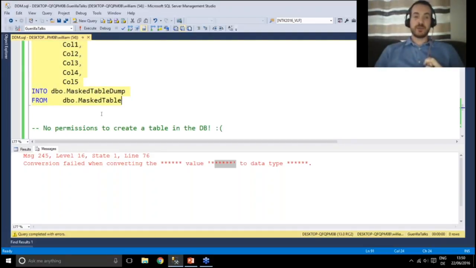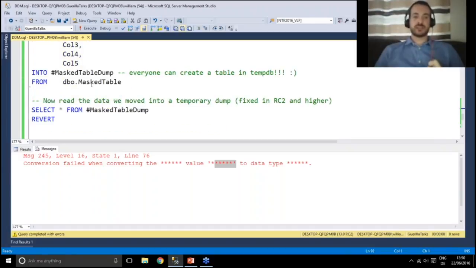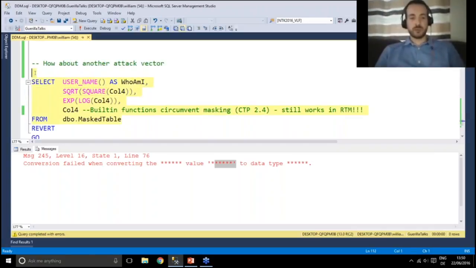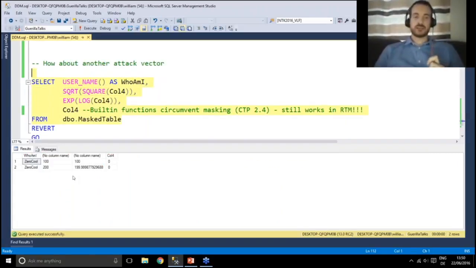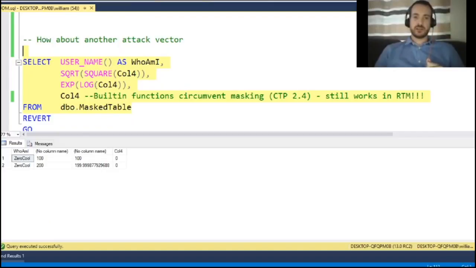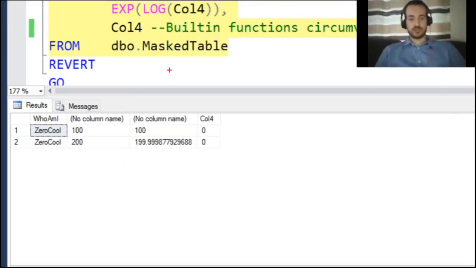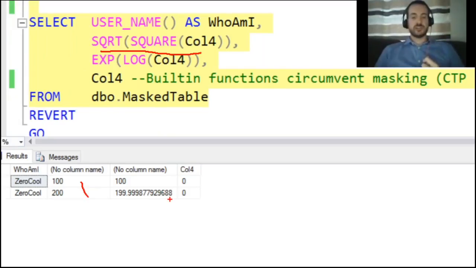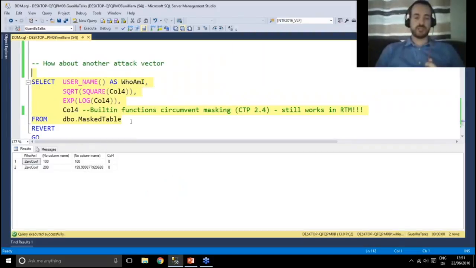Okay. The final trick which we can do is to cast the data as a wrong data type, and that will work. So I'm not allowed to unmask the data, but doing, let's see that again, a square root and a square of the column will actually give us the data unmasked. So it's not a fixed solution. It's not really a safe solution. So dynamic data masking is useful, but definitely not a completely secure solution.